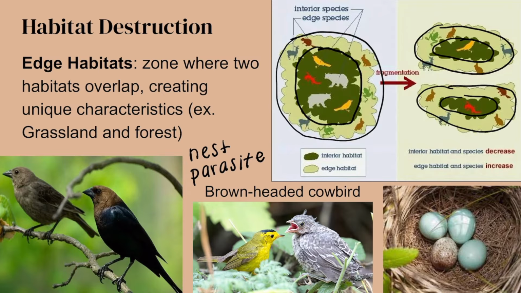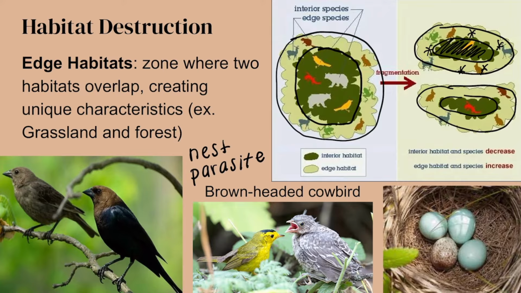So when these habitats are fragmented, edge habitats increase, which leads to more opportunities for the brown-headed cowbird to find nests. This will negatively impact many other species of songbirds. So songbirds may only like to live within this interior habitat, and when they have less habitat in general, then they have more cowbirds that can live in this edge habitat, and those cowbirds will come in, lay their